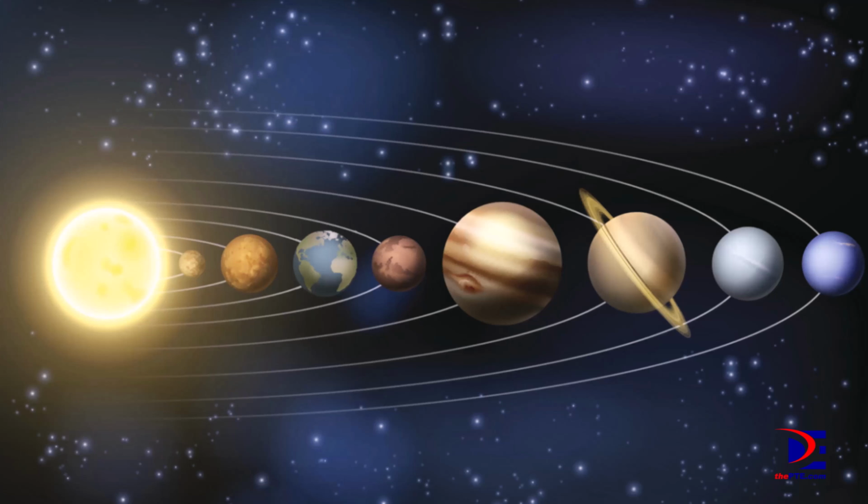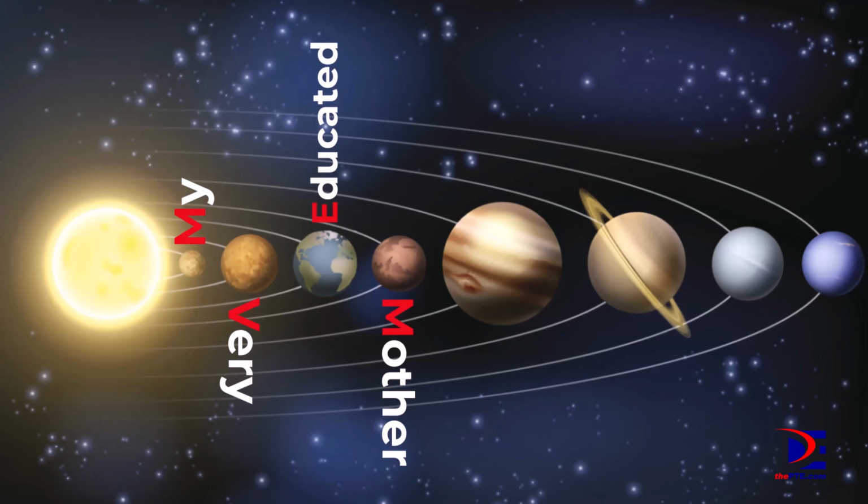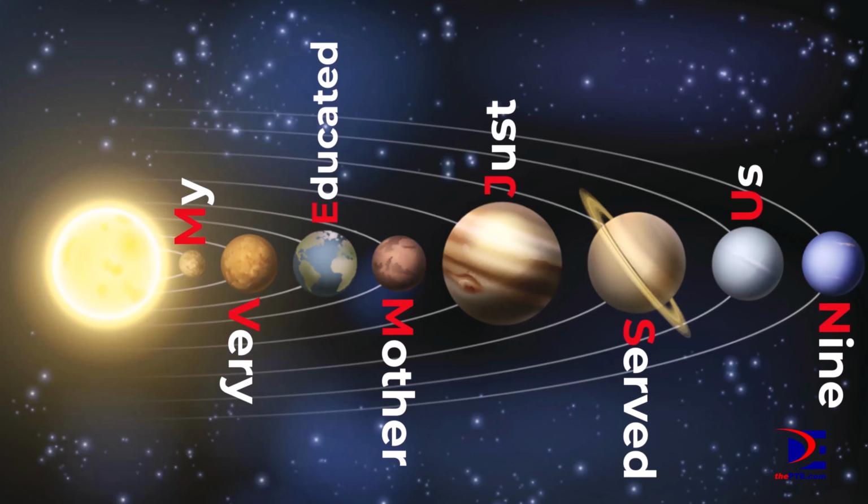And the list is: my very educated mother just served us 9 pizzas. So you just remember this sentence and Bob's your uncle. You will know the order of the planets from the Sun, which is Mercury,